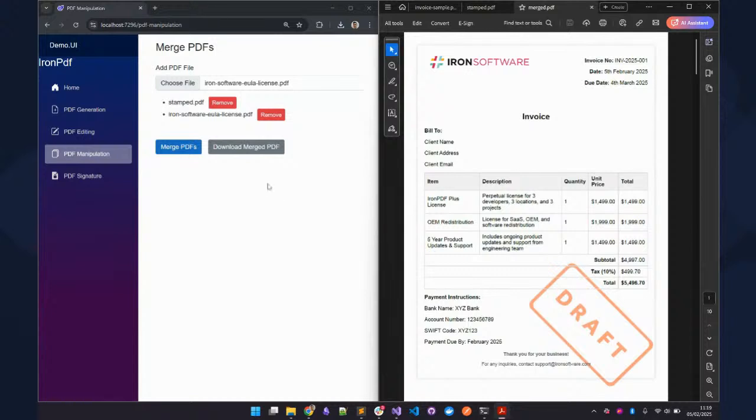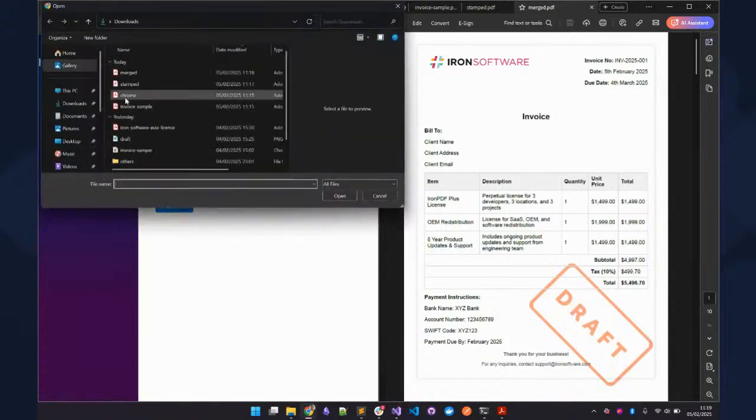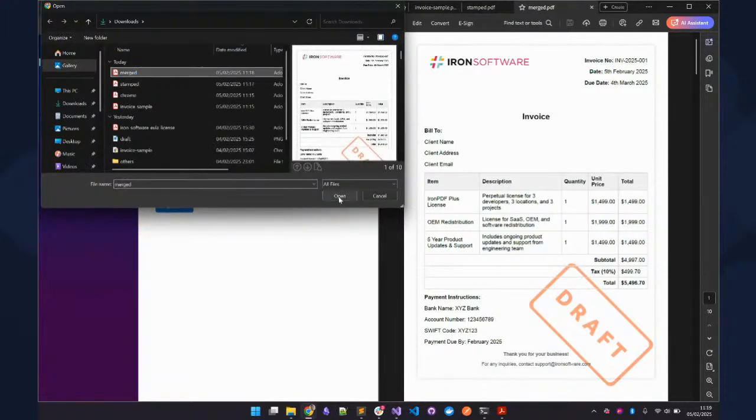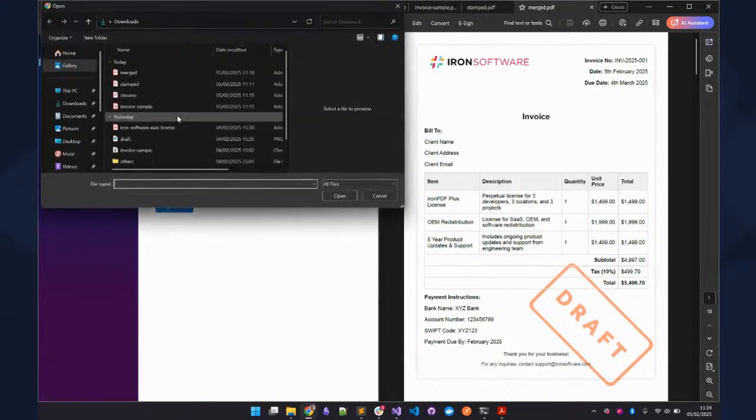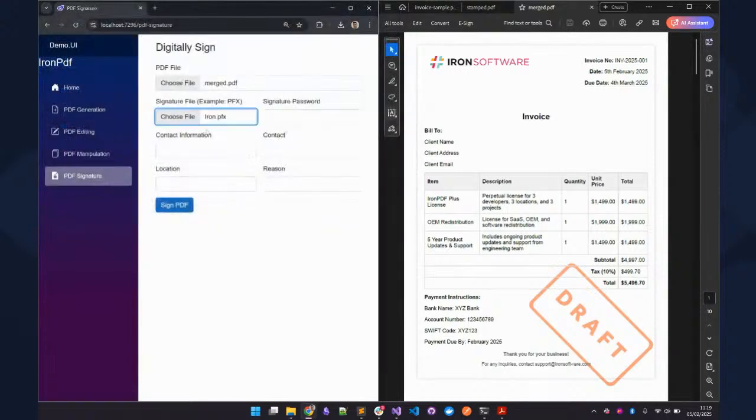Now, finally, the last feature I would like to show you is how to digitally add a signature. For that, we'll grab the same file. I have a digital signature file, which has a .pfx extension. You can have a .p12 extension as well. Let me type the password for this. And for contact information, I'll just type my name,